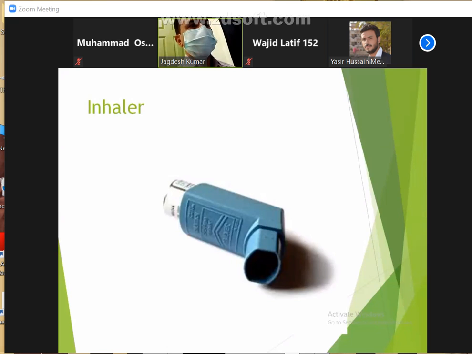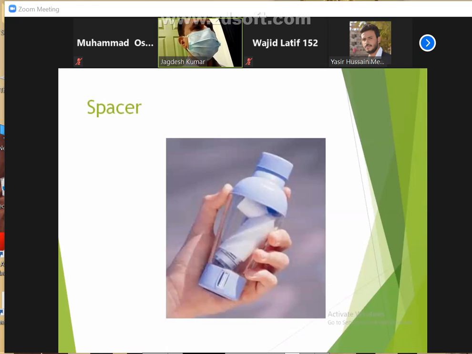This is an inhaler. This is a simple technique: you have to open the cap, shake well, and then give the puff to the patient, or you can help them if they can't understand. Then we have another device. If they can't understand the technique, this is a simple spacer device in place of the inhaler. In this, no technique is used. Just insert it from the other end, the bottom. Inside is a small inhaler. You fix it, remove the cap, and you can inhale the drug. So this is very simple.